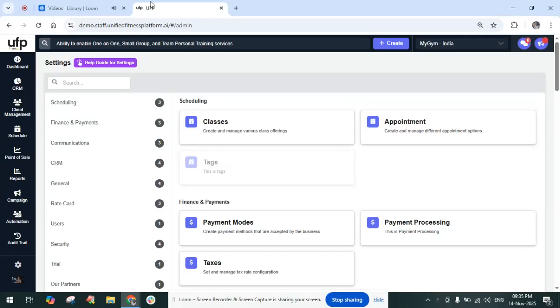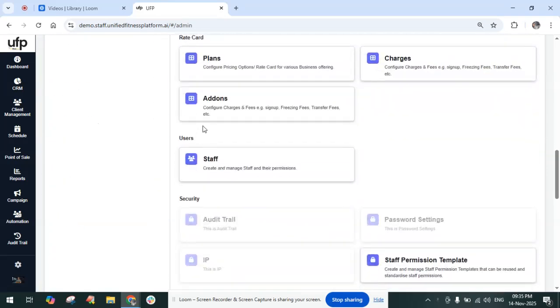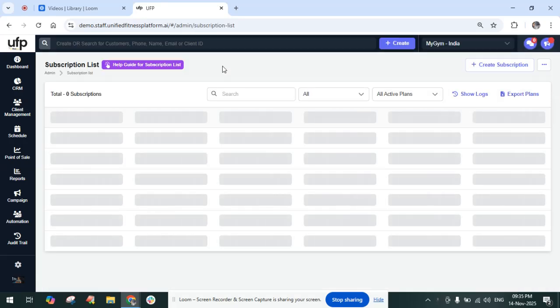So we're looking into the ability for a personal training agreement to be frozen. How would we do that? First of all, the plan or the rate, the product that is being sold to the member, has to have freezing enabled at the time of plan creation, before billing the member. So just giving a gist about where it will be visible and where it has to be updated in the plan, and then we'll see how to freeze a personal training membership.